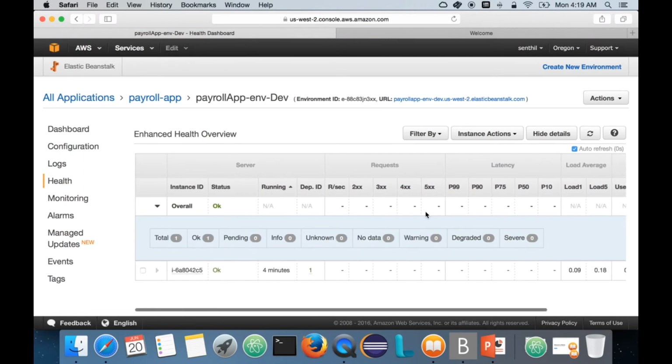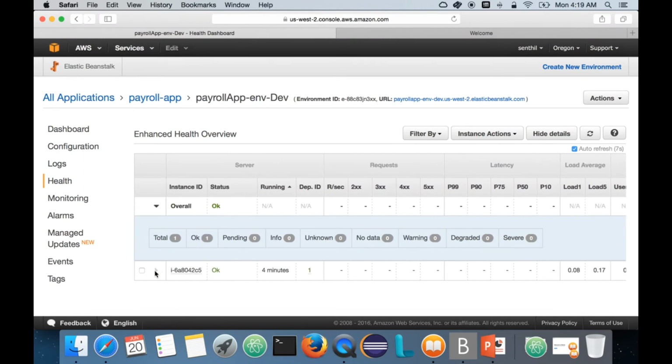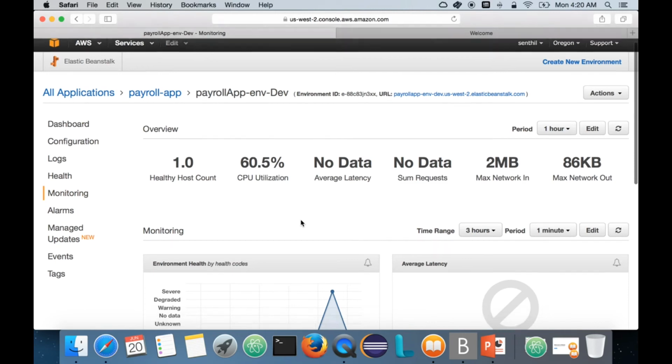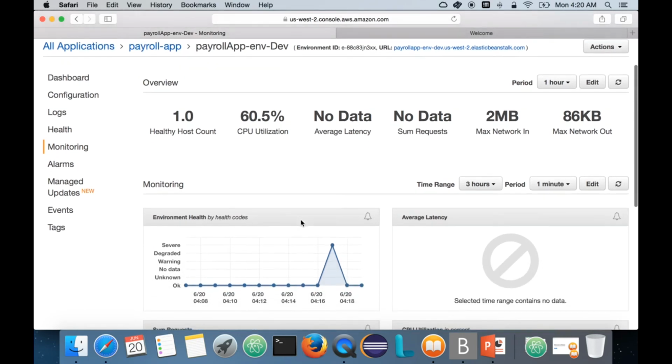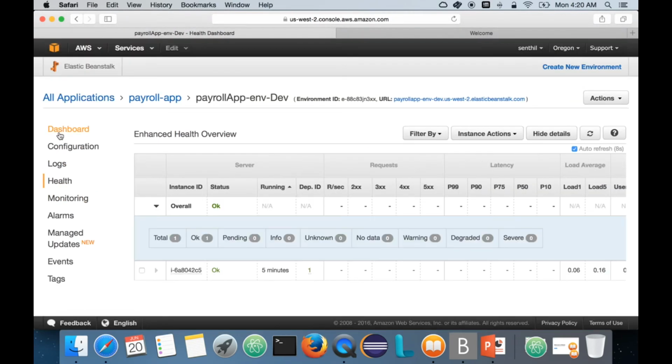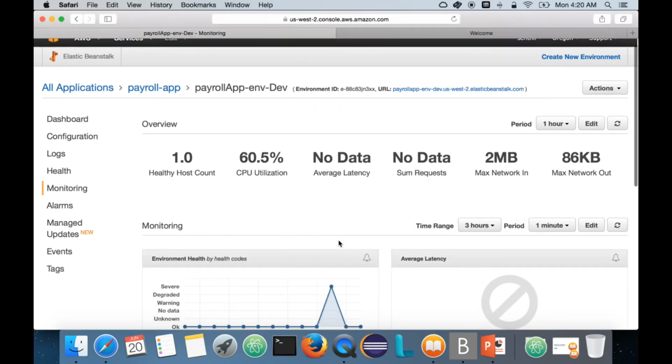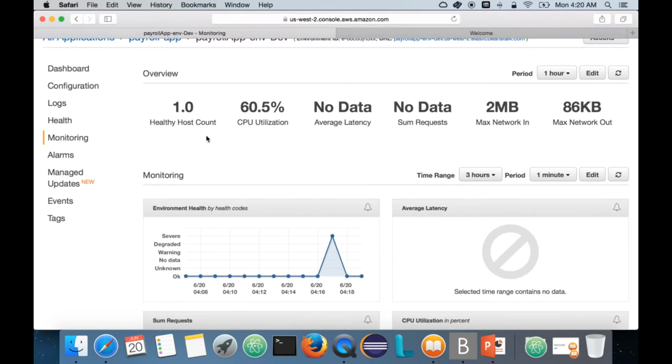It's a beautiful place to look at the log for all the servers actually. If you have more than one server, of course you will be listed here. And monitoring, this is the monitoring page. The health page is just to look at the actual numbers, just the numbers, and it will say okay or not okay, that's it. But the monitoring page will give you the nice graphical view and tell you the healthy